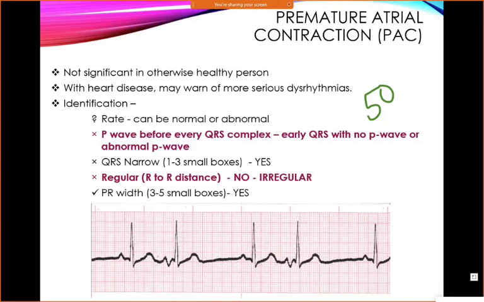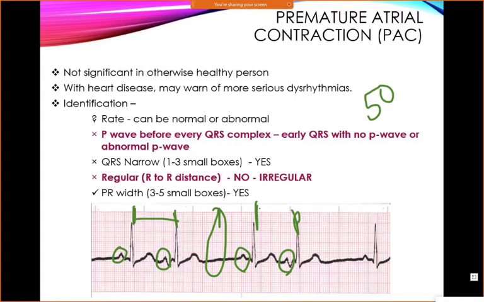But right here, this is a normal P wave. So this is what our P wave looks like. Some people will be like, that's a P wave, that's a P wave, that's a P wave. And that could be, but then we have a dropped beat. So this one would be very hard for me to tell the difference between it being a premature atrial contraction and whether it is a block or not. Because if we take this as our regular, then this is a dropped beat, right? Because if these were regular, this is a dropped beat,